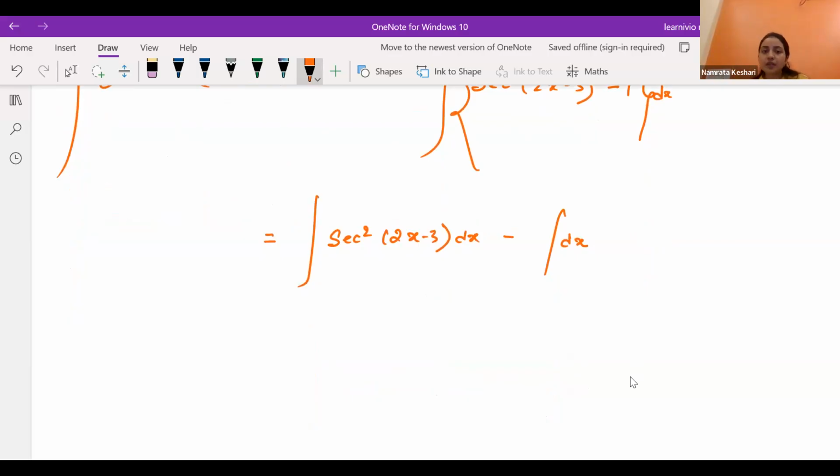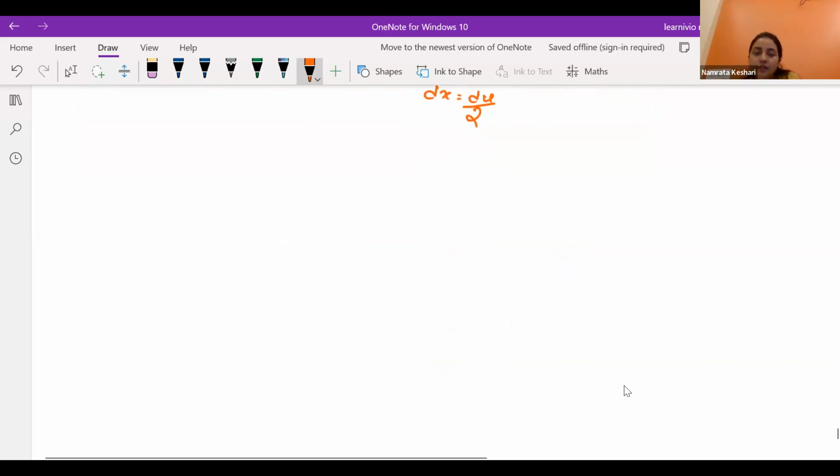Yes. Okay, so even if you take this 2x minus 3 as u, nothing extra you will get, you will just get 2 dx equals du. That means dx equals du by 2. So you can take the substitution and continue from here, right? Getting it, Annapurna? Any confusion so far? No. Okay,